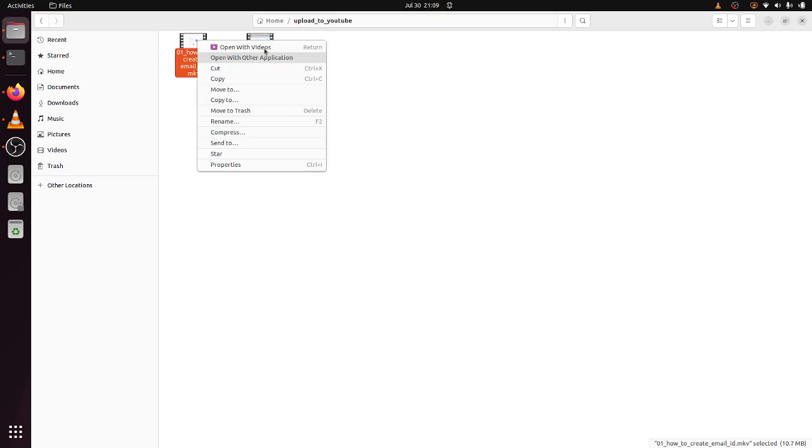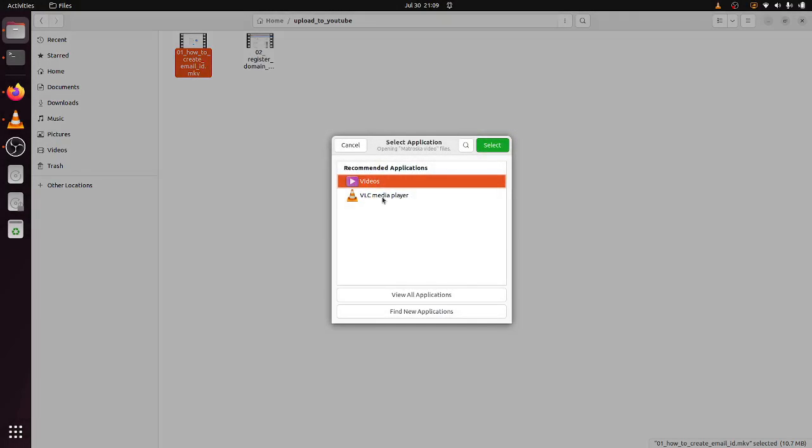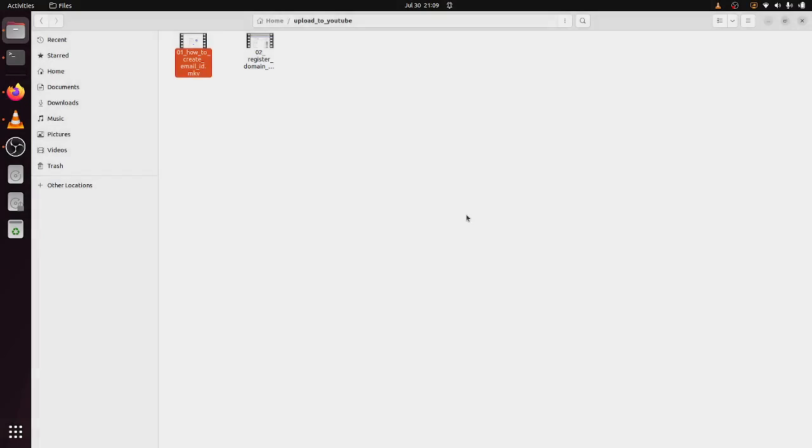So open with videos will by default open with the default media player of Ubuntu. So we will click here on open with other application, and as we can see here there is an option for selecting VLC media player and click on select. So it will open the